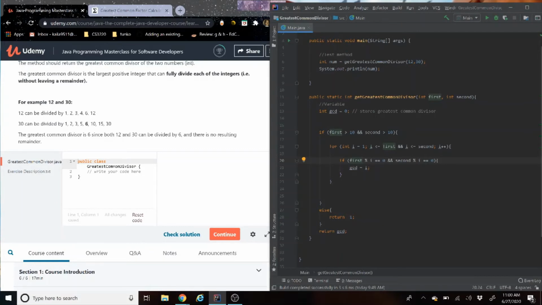If the remainder is a 0, then it is divisible by both numbers and it's going to store in there. And basically the way this is set up is going to keep doing it till it can't anymore, and the number that obviously is the highest or the greatest is what's going to get stored, and then that's what's going to get returned. So if we run it here,